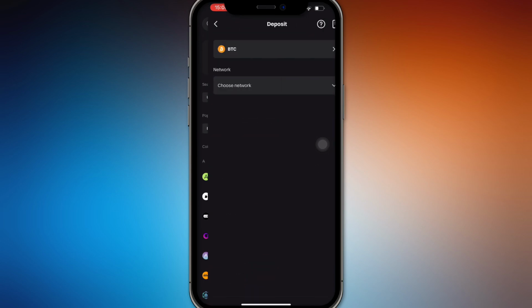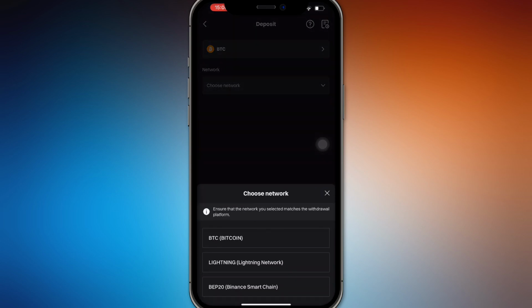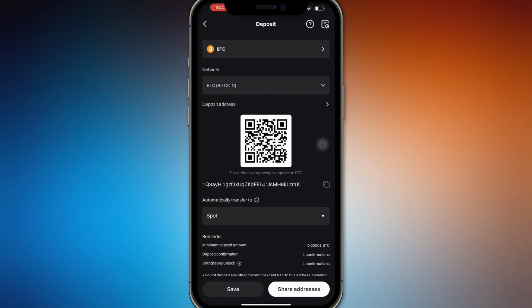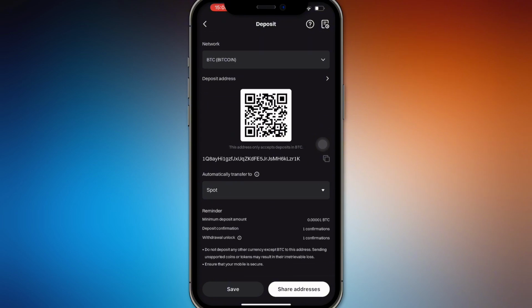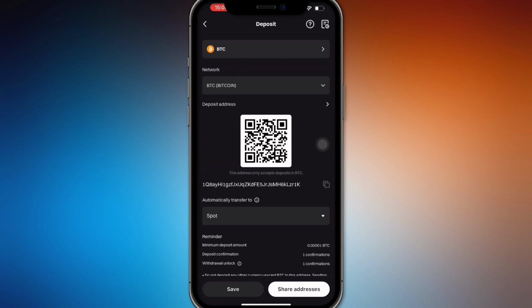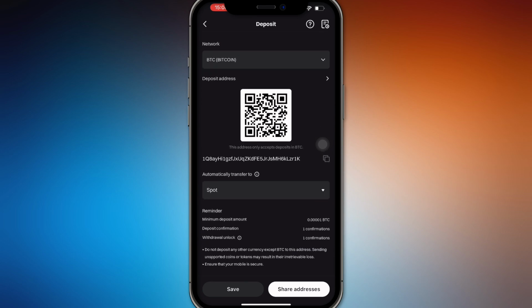Let's just say BTC for example. So let's go with the Bitcoin network right here, and sometimes there's going to be a memo written right below here, but sometimes it won't. So it depends on the coin actually. So you can check on the blockchain explorer for the actual memo, but sometimes it really doesn't show on the